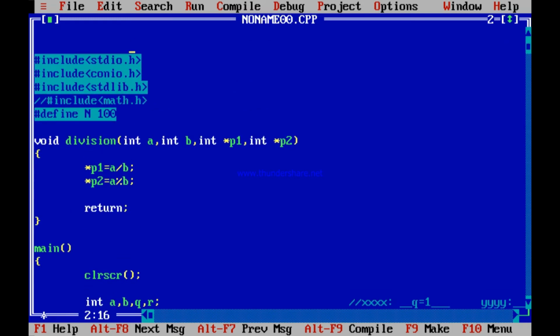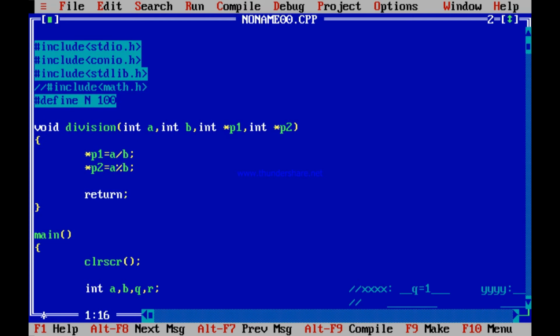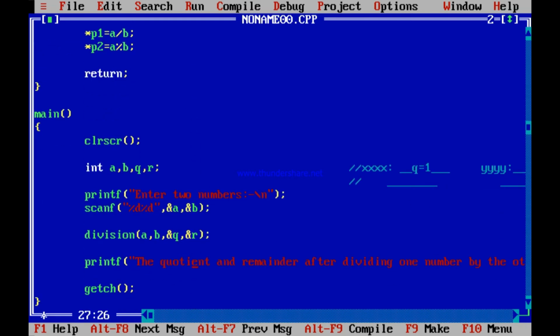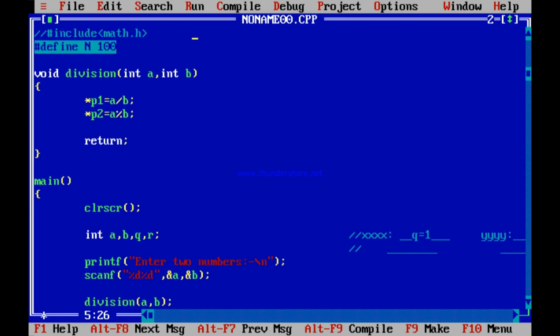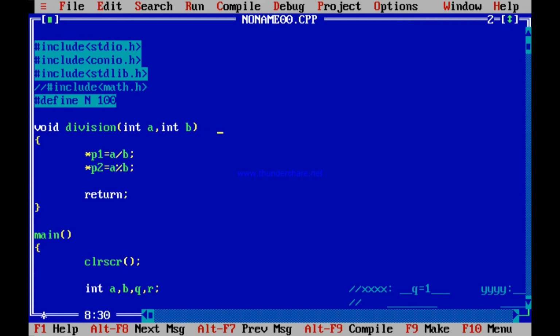But that is the way of doing. That is one way of doing. There can be another way of doing. That is a new thing again. Return by address. You are calling by address. If you return by address, see what I do is, I receive A and B. I don't send Q and R. I only send A and B. Now the division result, what to do? See what to do. Over here, I have only received A and B.